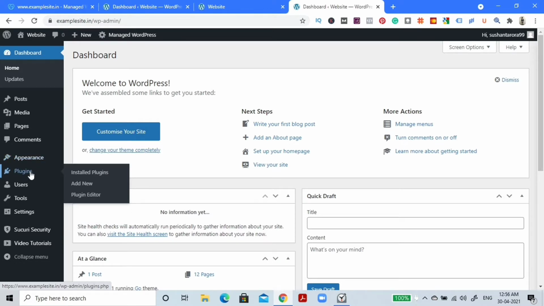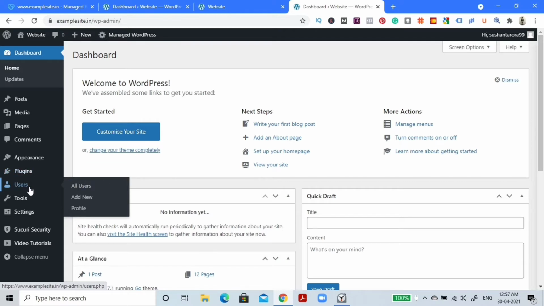Plugins are nothing but a piece of code which we use to add functionalities to our site. So whenever we are using WordPress to make a website, we can use different plugins, which, like I told you, are just a piece of code with the help of which we can add as many functionalities as we want to our website. We don't have to code for it. We just have to look out for the right plugin and install it.